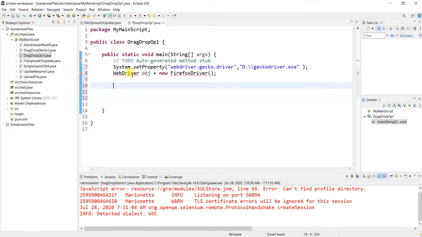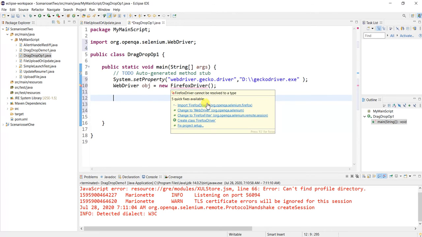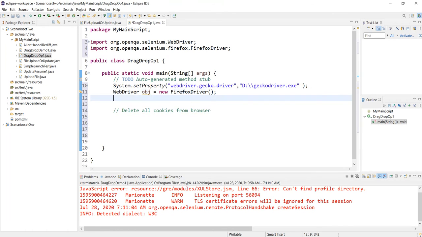For WebDriver and Firefox driver we need to import. So I am importing. Delete all cookies from browser, that I will perform in this scenario.